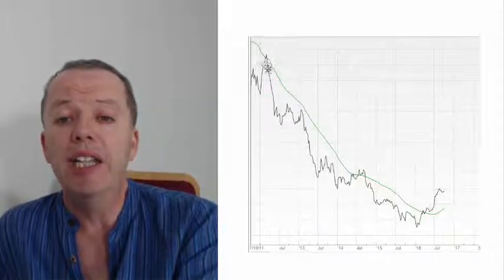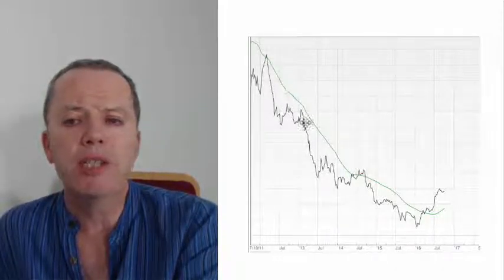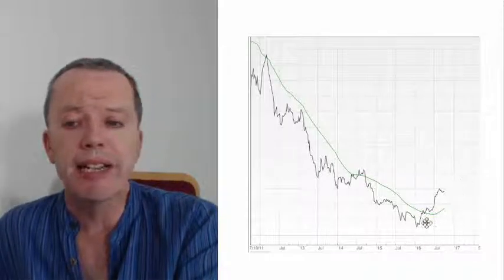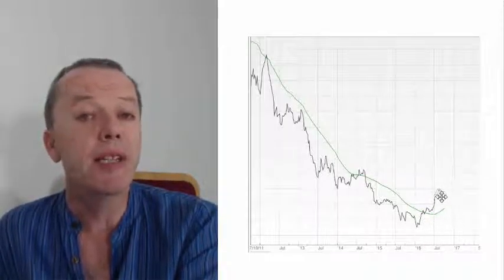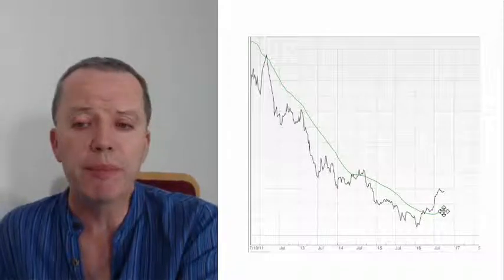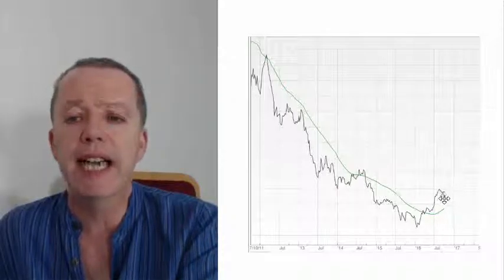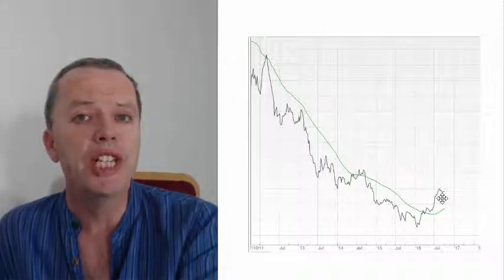Let's have a look at the next asset class, which is commodities. And again, you can see how over recent times the commodities have done very badly, been falling in price, but during 2016 they've been rising strongly. Now the past couple of weeks they've kind of gone sideways a little bit, but the price is above the green line. I'm very happy to stay invested at the moment, so no change for me there.